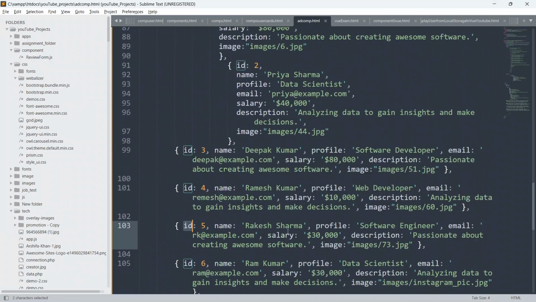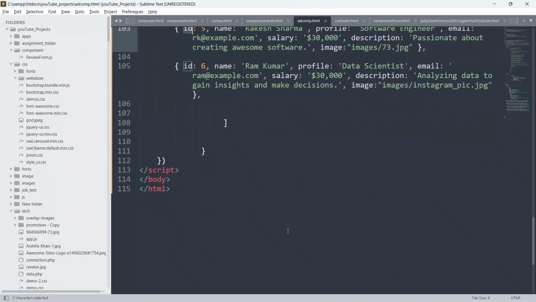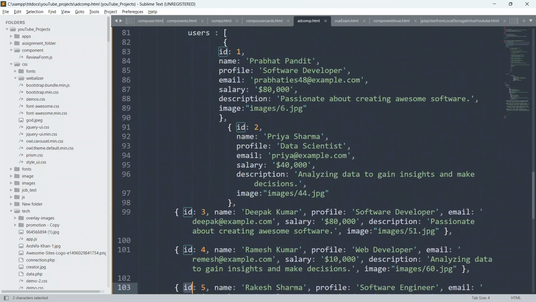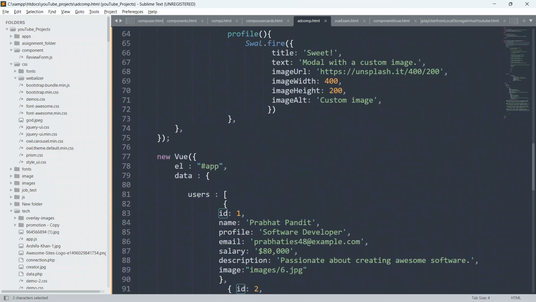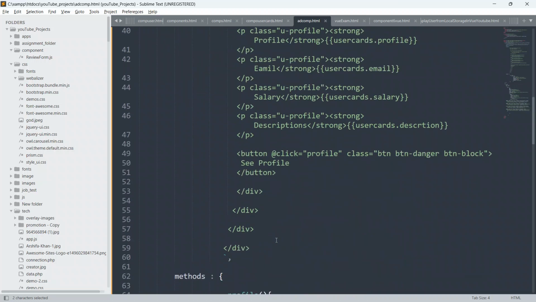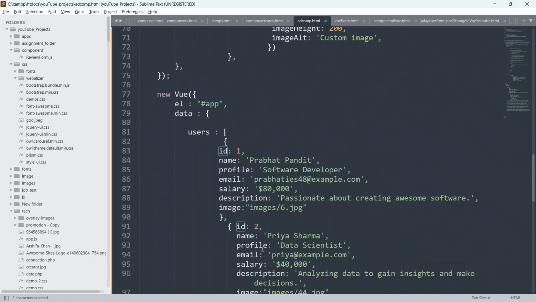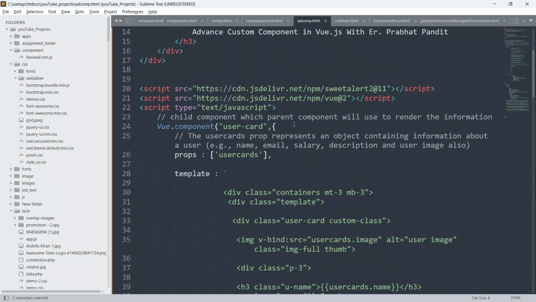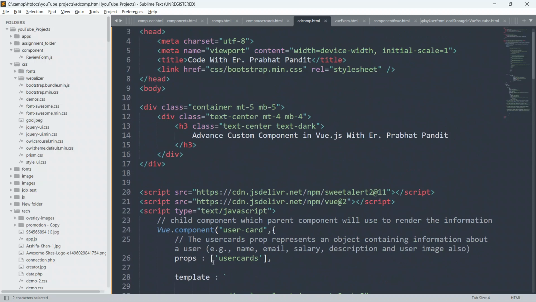Now as of now, we have created our user object. Now we will loop through this user object in our HTML code, and we will paste inside this a user card props.